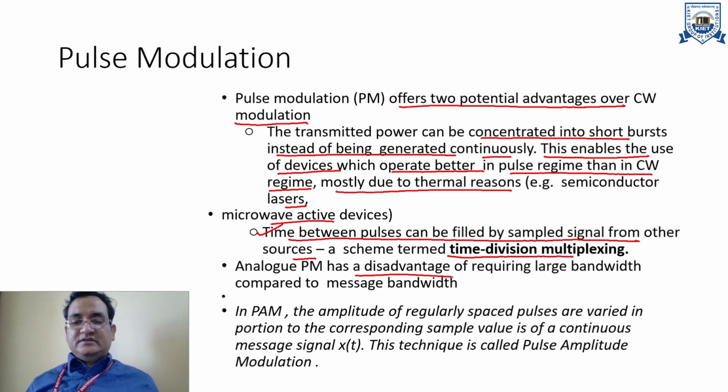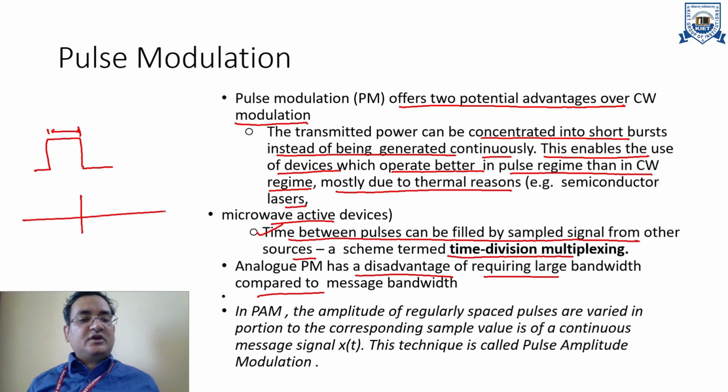Analog pulse modulation has the disadvantage of requiring large bandwidth. Definitely, as you know, we are using gate pulses, or you can say periodic gate pulses. As we know, this is a time-bound gate pulse, so its spectrum will be from minus infinity to plus infinity. That means its expansion is from 0 to infinity if we are talking only about positive frequencies. You already know that a gate pulse spectrum is considered as the sinc pulse or sample pulse. This is the replica in the negative frequencies. So you can see that the bandwidth expansion of the frequency will start from 0 to infinity.